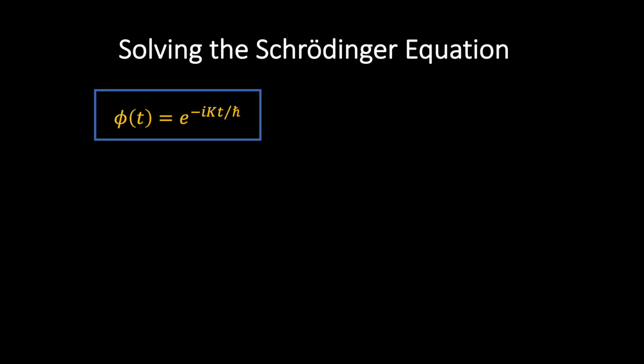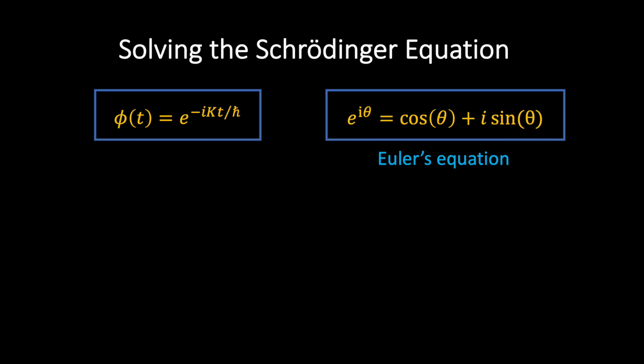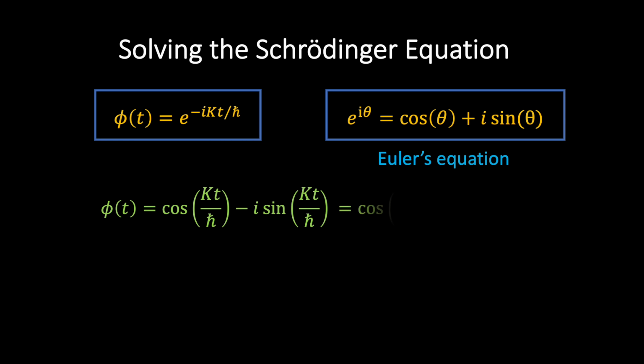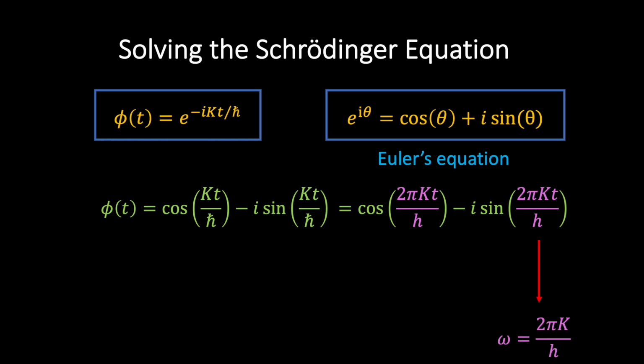Now, at this stage, it will prove illustrative to rewrite this expression in an alternative but identical form by making use of Euler's famous equation, which links complex exponentials with trigonometric functions. Applying Euler's equation to our specific example, we find the following expression, and if we reintroduce the factors of 2 pi, we find the following. Now, the benefit of rewriting phi in this way is that we see explicitly that phi of t is an oscillatory function in time, and we can read off the angular frequency immediately, and we see that omega equals 2 pi k over h. We also know that the angular frequency omega is related to the frequency of oscillation f